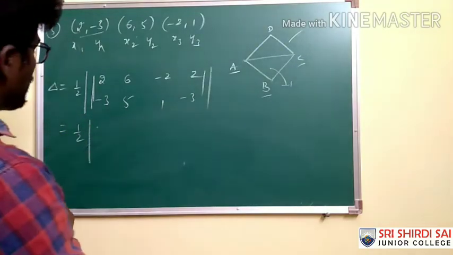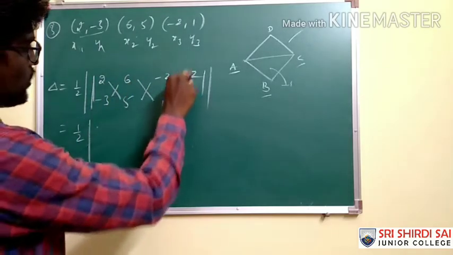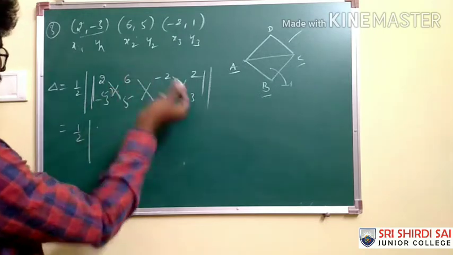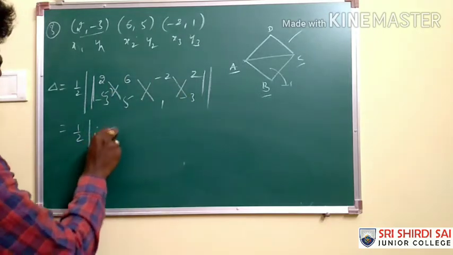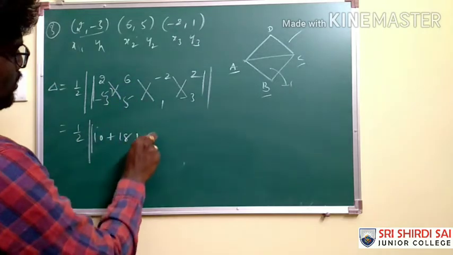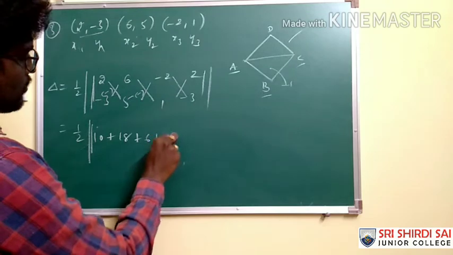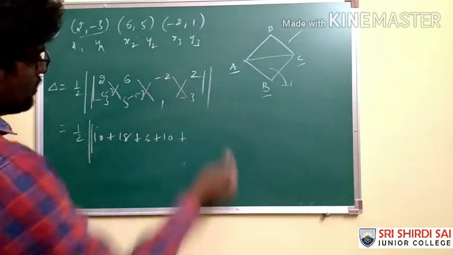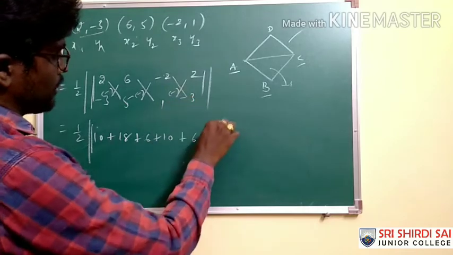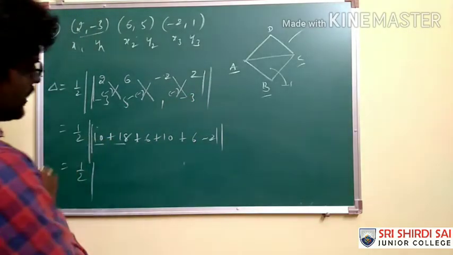And let's go for cross product here. Cross product between these two, and between these two. 5 2s are 10 and this side minus plus 18, 10 plus 18 and plus 6. This side minus again, minus 3 into minus 2 plus 6, and this side minus 2. Therefore half mod 10 plus 18,